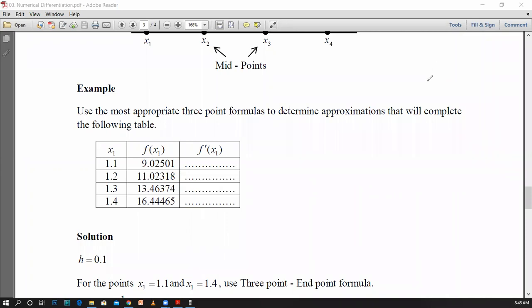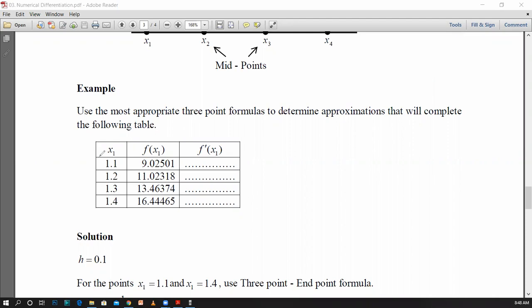Okay, now when we are going to perform this calculation, first of all, we need to check whether the function is given as f(x). If the function is given as f(x), first of all we need to fill this second column, if only the function and the x values are given. But in this case, they have given us the f(x1) values. Therefore, there is no need to use the function f(x). It has already been given in the table, so no need to go for that calculation.